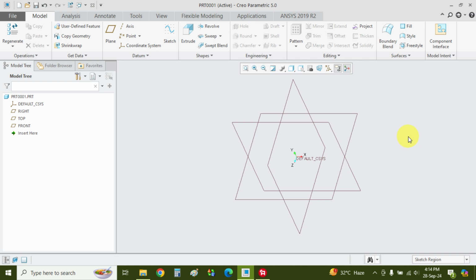Now we are already in part mode in Creo Parametric, and you can see the three planes and origin. You can see here in the model tree, this is the part, one coordinate axes, right datum, top and front, which are mutually perpendicular to each other. Okay, so now we will start with the sketch option,